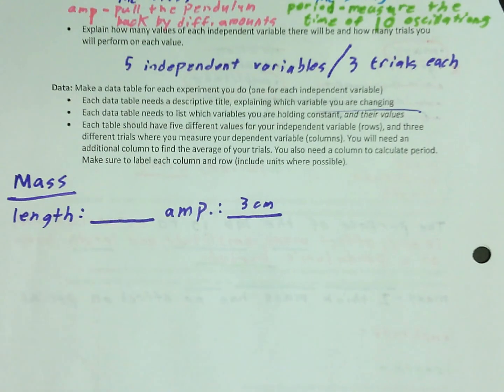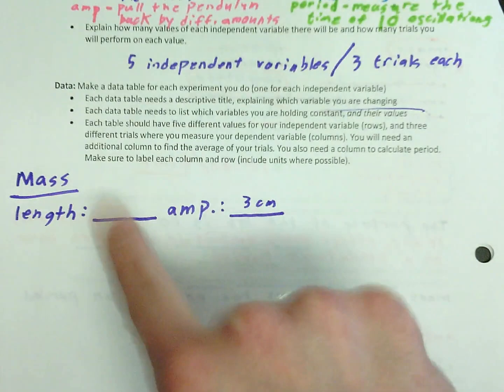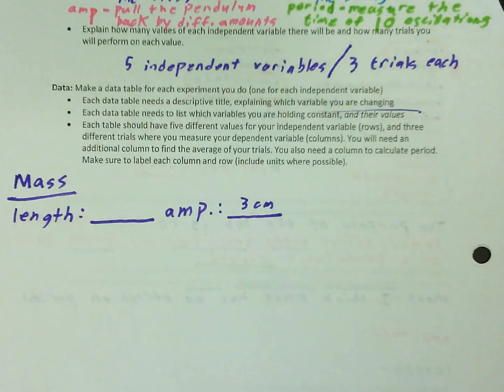All right, length. I want you to measure your string right now. Go ahead and measure your string. Measure what the length is. You're going to write that down here for length. So measure what your string's length is. Do it right now. It's from the weight to where the string wraps around